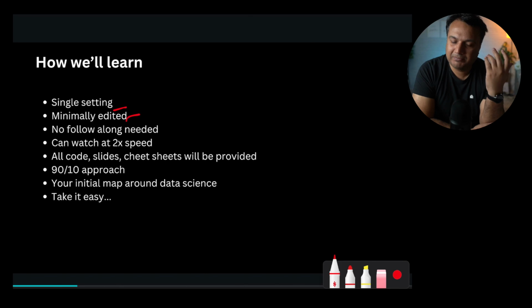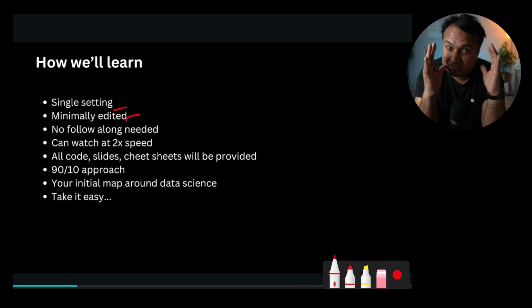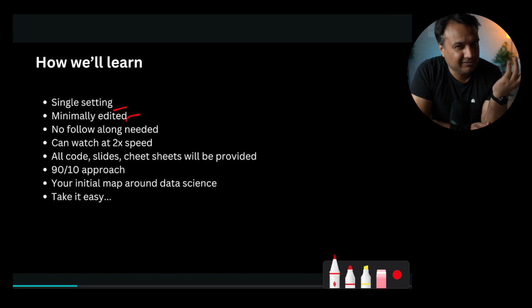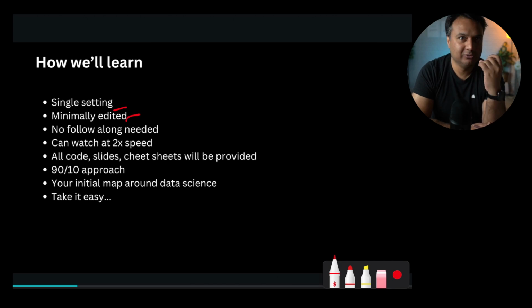So just take a step back, take it easy, and try to consume this course in a very easy way. Don't spend a lot of mental bandwidth thinking that you're trying to learn something very complicated. It's not rocket science, and I've tried to convey it in a way that it will actually come across as not rocket science. If you want, you can watch the course at 2x speed, and anything you do not understand, you can always come back to. As I said, all the material of this course will be provided to you. It's for you to consume, even if you want to come back in a week or so.